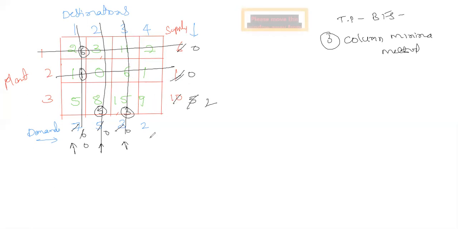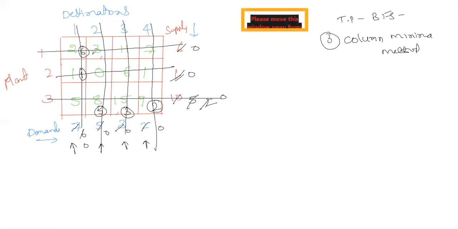And the last, only one cell is remaining. Go with the last column. Only one cell is there. There will be no other value to compare. If there are other values, we need to compare them and consider the minimum value. But we don't have a choice here because only one cell is there. So we need to select this. Demand is 2 and the supply is also 2. So select all the 2 units. Now this becomes 0 and this 2 becomes 0. So the column gets cancelled. Similarly, the row gets cancelled. Now all the rows and all the columns are cancelled.